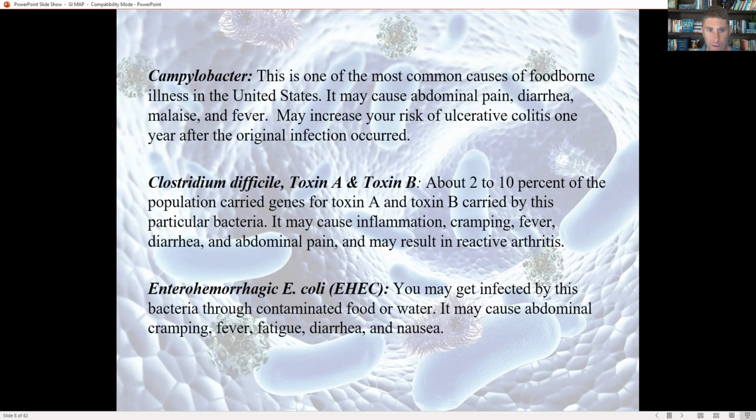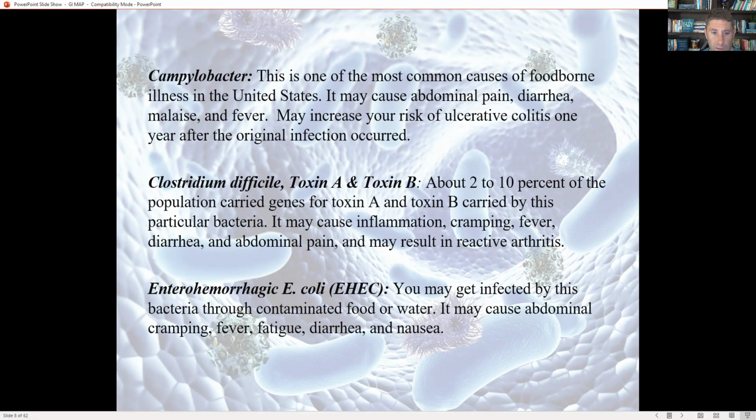A lot of people, when they get this, they get a lot of pain in their joints. So all things to be looking out for. E. coli, because there's a lot of different strains of E. coli, and same with Clostridium. There's lots of strains. Many of them are just natural parts of our gut microbiome, and they actually can be